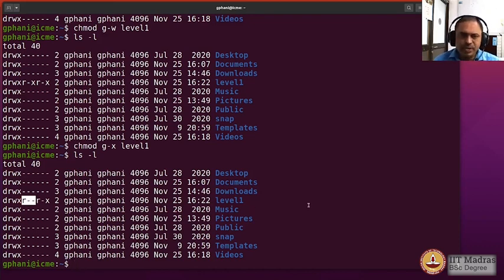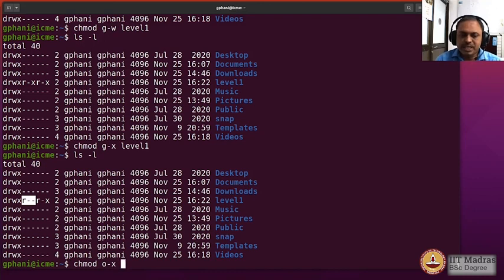Okay, now we can actually change the permissions by using this string where chmod and then the first string would be u if it is for the user, or g if it is for the group, or o if it's for the others, and then if you would use plus, that means give the permission. If you use minus, then remove the permission. After that the permission can be r or w or x, whichever it is.